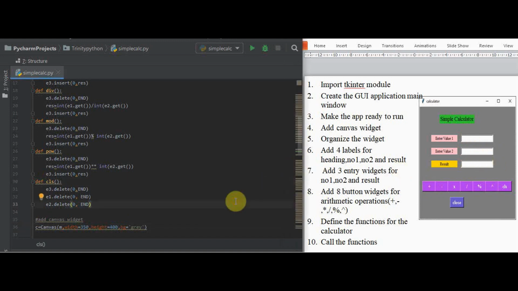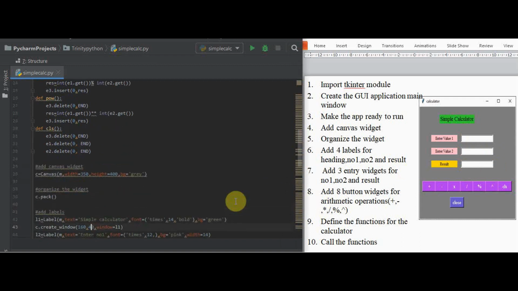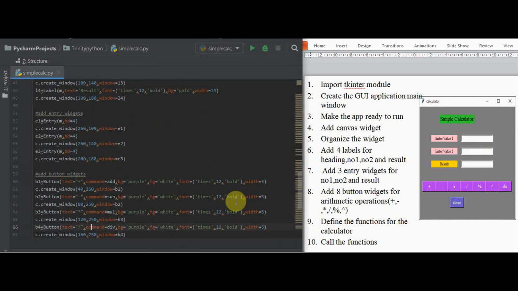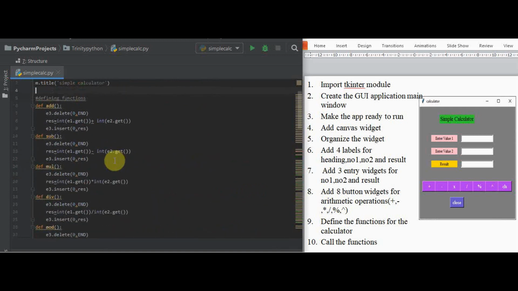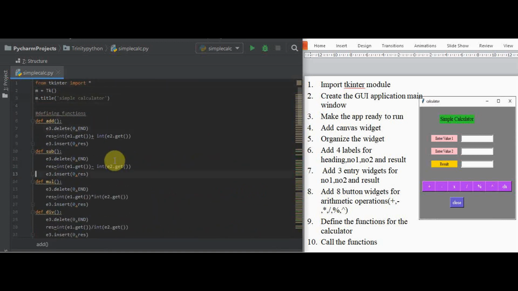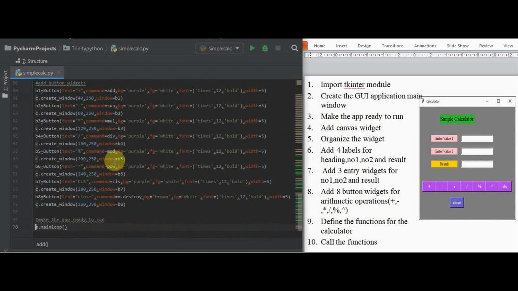So the calling must be done from the button widget. For that purpose I am using the parameter command equal to, and I am calling the function explicitly like this. add is the function which we have defined here already, the first one, def add, and this is the way of calling the function, by using command=add.